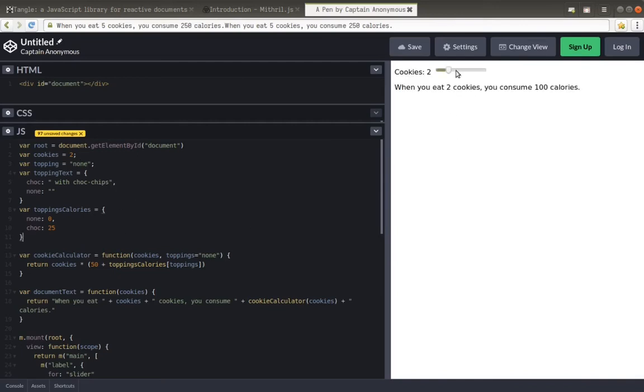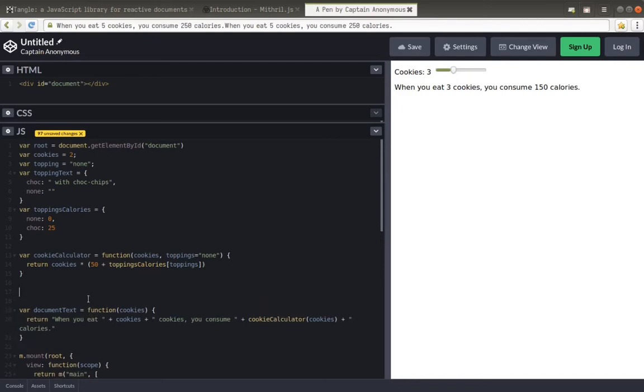Okay, so we can still see that this works, and we haven't changed anything. So the next thing that we want to do is add a radio to our reactive document, or like a radio input. So to do this, let's create a bunch of options for our radio. I'm going to call it topping option,